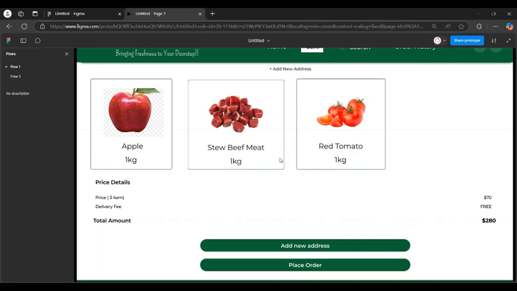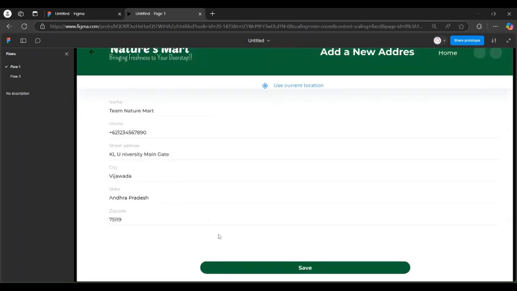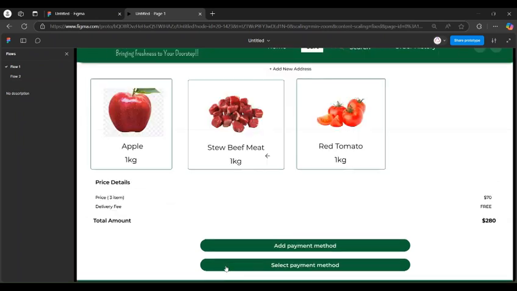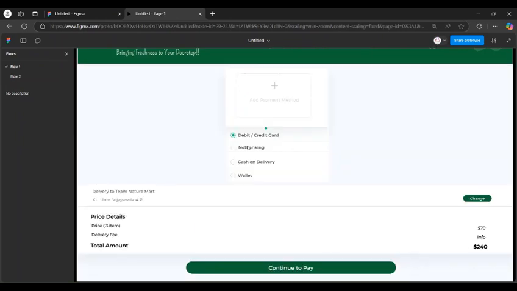Here are the items listed which we have added to the cart, and then the user needs to enter his address. After entering, he should save it, and then if it's a first-time order placement, he will select add payment method, or else if he is an existing user who has already ordered something, then he will click select payment, and then he will select whatever the payment method